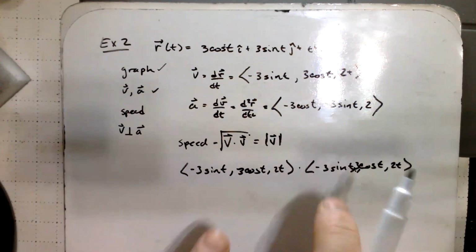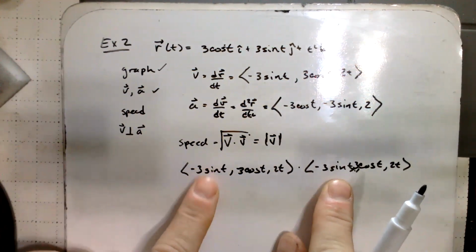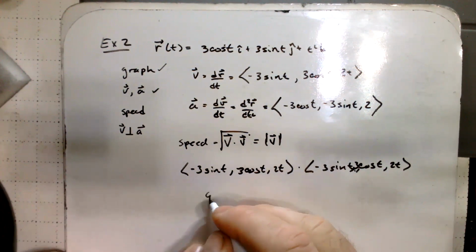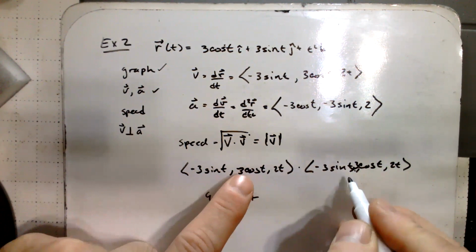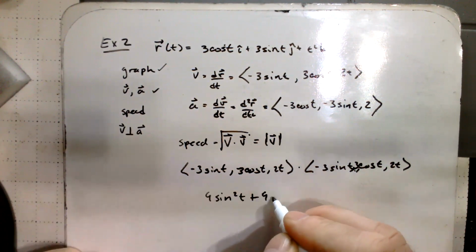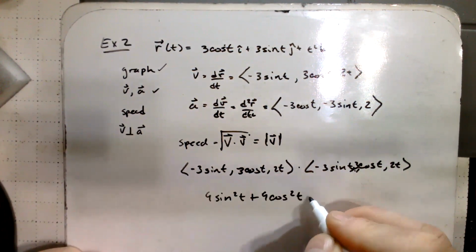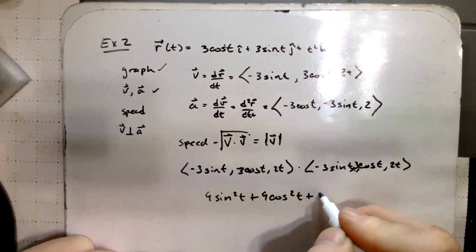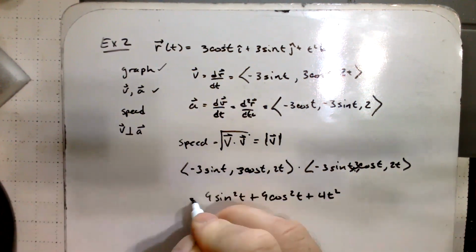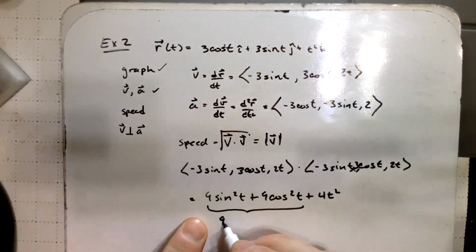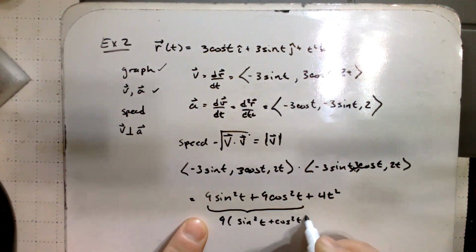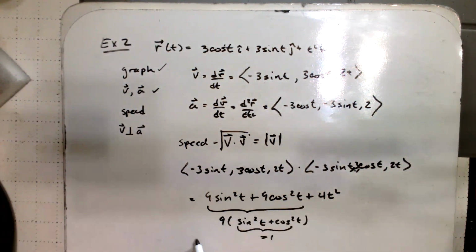Okay, so doing the dot product, multiply like components and add. Negative 3 times negative 3 is a positive 9 sine squared t, plus 3 times 3 is 9 cosine squared t, plus 2t times 2t gives me 4t squared. You may notice this has a 9 in common, so this is 9 times sine squared t plus cosine squared t, but this is equal to 1 identically, so this simplifies to